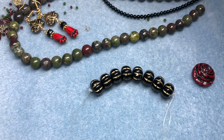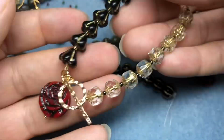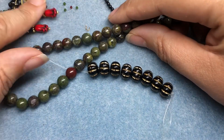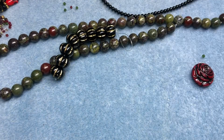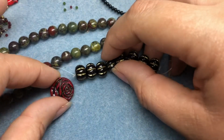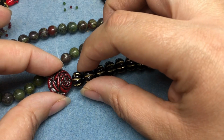pack of them. And then I wanted to make another coordinating bracelet, but one that maybe isn't just black, clear, and red. So I was thinking we're going to do something with this beautiful strand of stone beads that was in the box. Let's see. I think, what if we did a stretch bracelet? I haven't done a stretch bracelet in so long. I was thinking about how I don't really want to use my last rose bead because I think it's so pretty, but